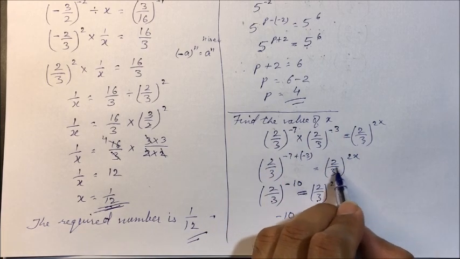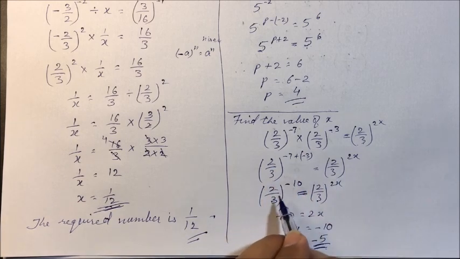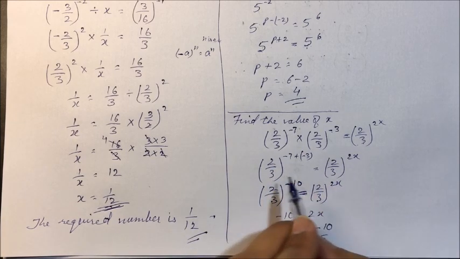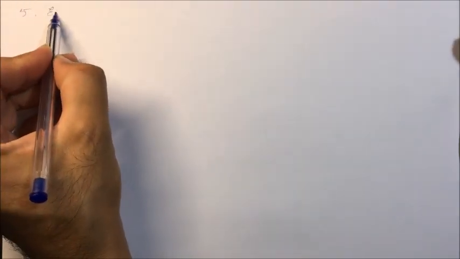We make the base the same. If they are not same, we will make the bases same and then we will equate the powers. Since the bases are same, therefore on both sides the power must be same as well. I'll be taking some problems from question 5th. 5th, evaluate.